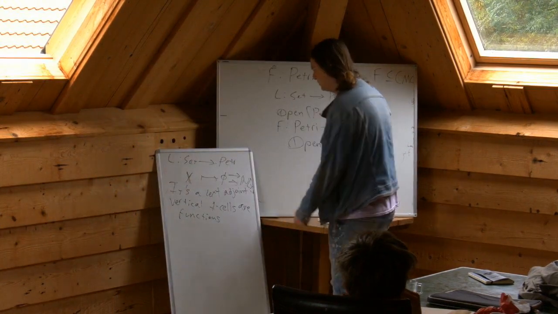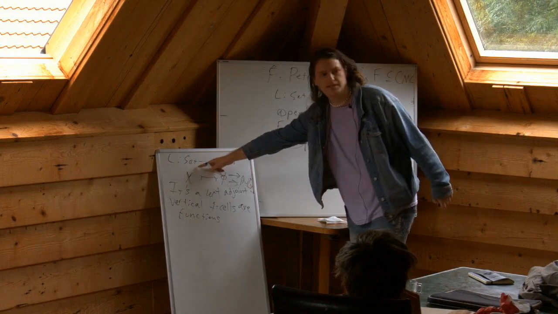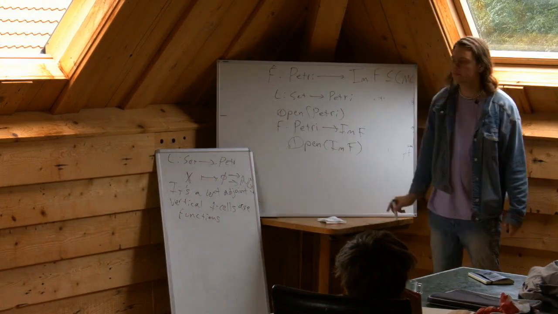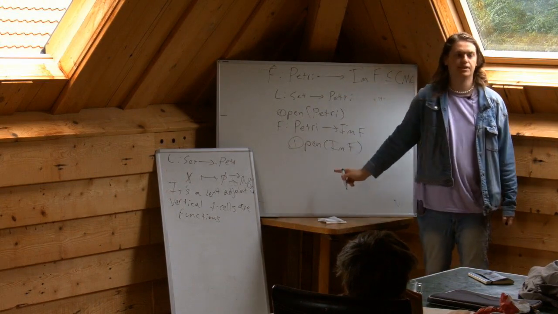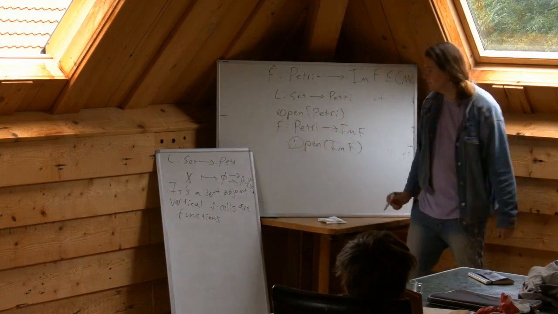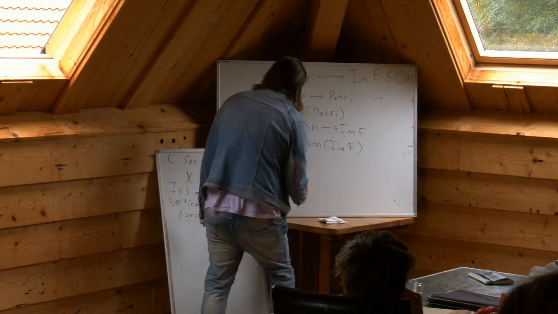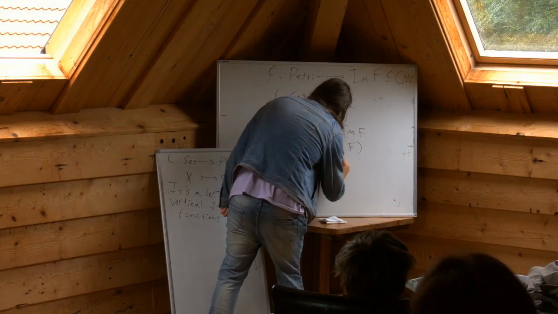Yeah, the 0 cells of this one are sets because the domain of this functor is set. But the domain of this functor is Petri, so the 0 cells are going to be Petri nets. Okay, fine. Yeah, so 0 cells are Petri nets, and then 1 cells are,